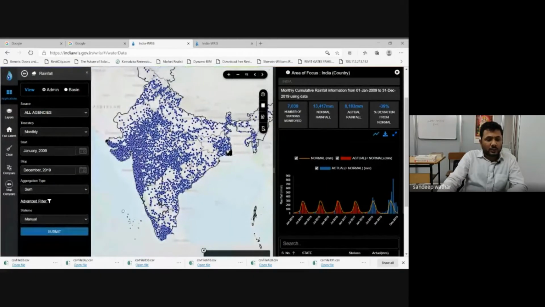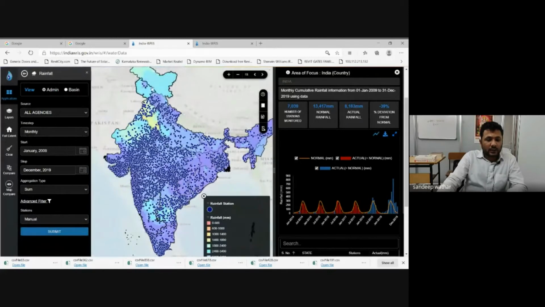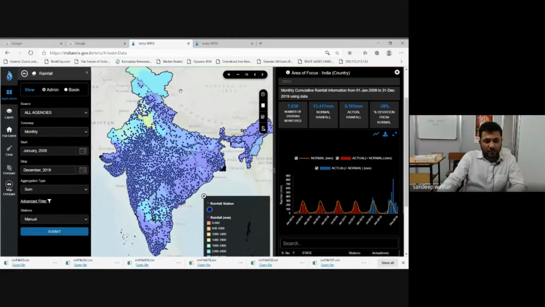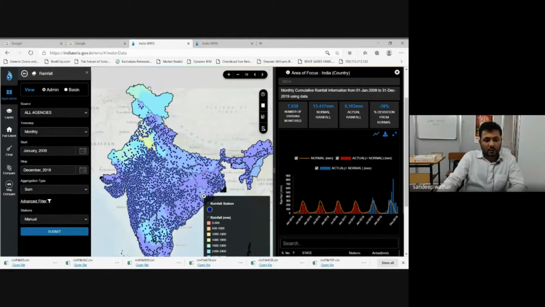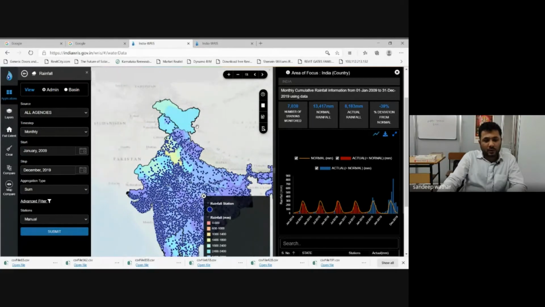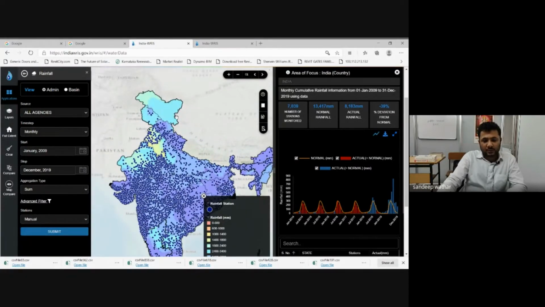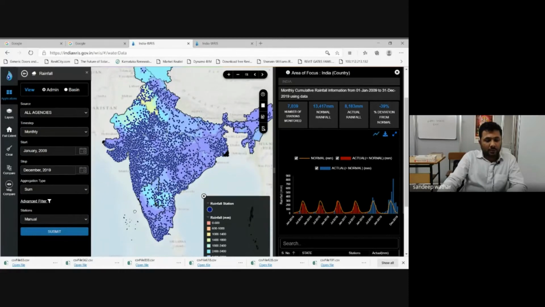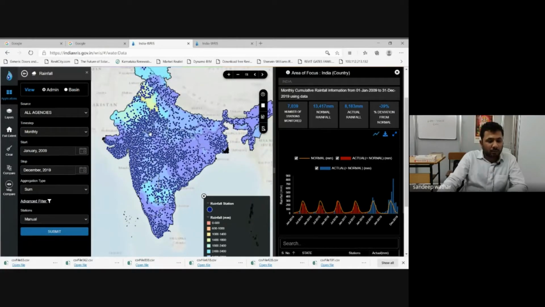So you can see that these are all the rain gauge stations across India. I had earlier told you that we do not have information in this part of India. There are no rain gauges over here. That's why we cannot rely upon the value of rainfall that is represented from this side. But these are the rain gauge stations that we have in India. You can primarily focus where the rain gauges are more. In Maharashtra, in this region, we have a good record of rain gauges.